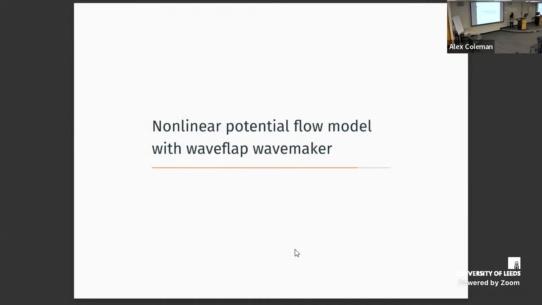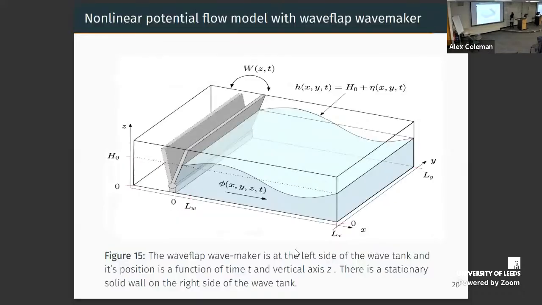So now, the final part is to implement the wave-flap wavemaker. And this is the problem on which I am still working at the moment. So I will just give you an overview of how a wave-flap wavemaker looks like. The specialty of this kind of wavemaker is that it can solve fluid problems for deep water. So the potential flow model with the piston wavemaker is good for wave tanks which are not very deep